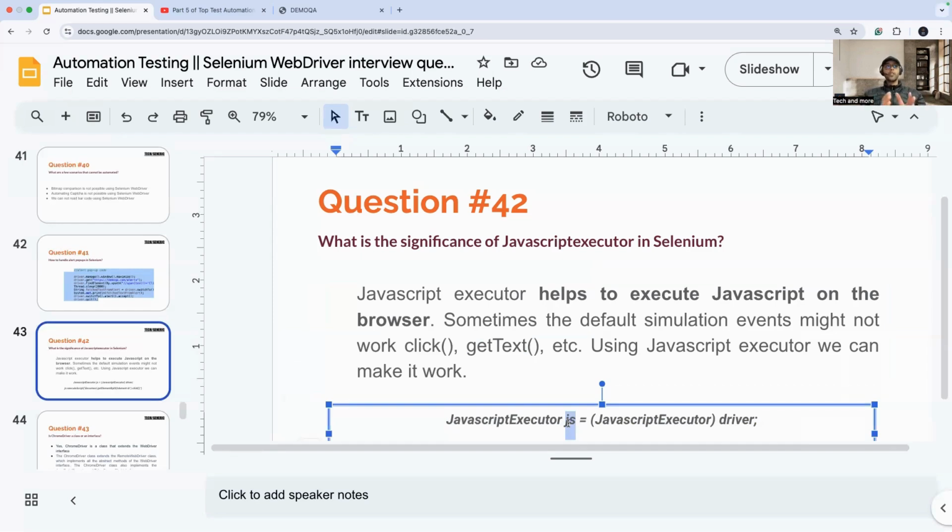So wherever your actions are not being handled or interacted with in a normal way, and you get an error which might say element click intercepted, right? Again, we have talked about the different exceptions in the videos of the playlist. Go and have a look at that. But yes, if you want to solve that issue, that is element click intercepted, then you use this concept of JavaScript executor. That is the utility of it.